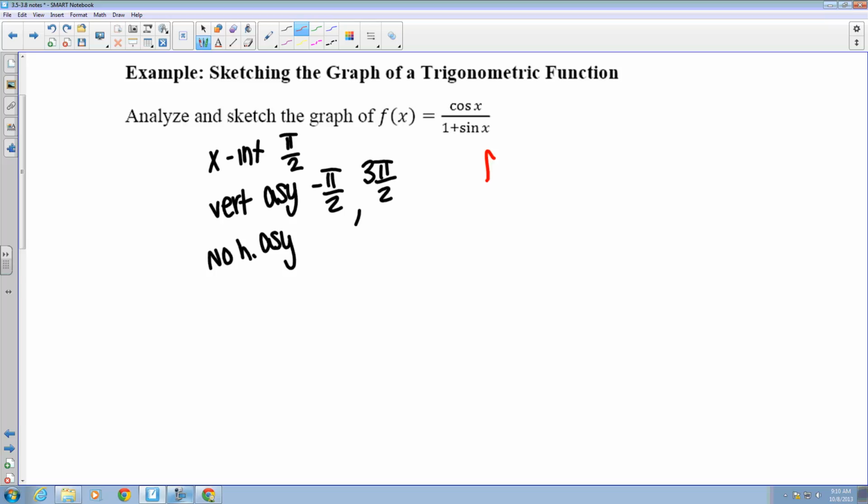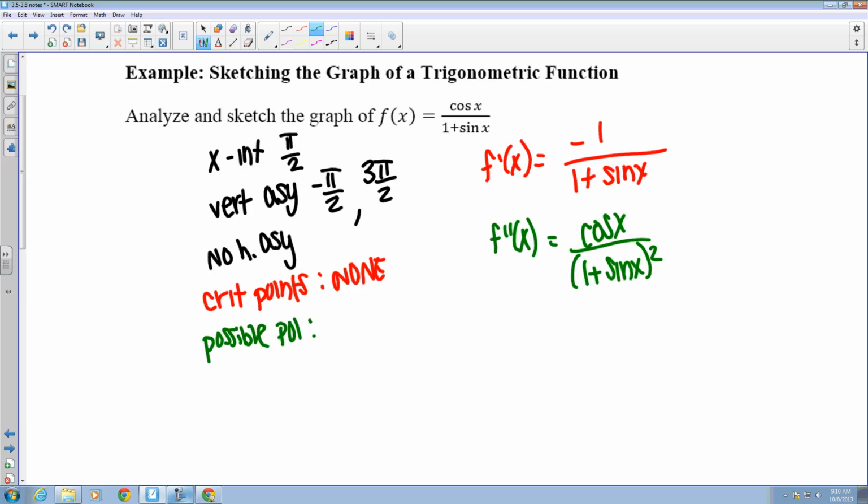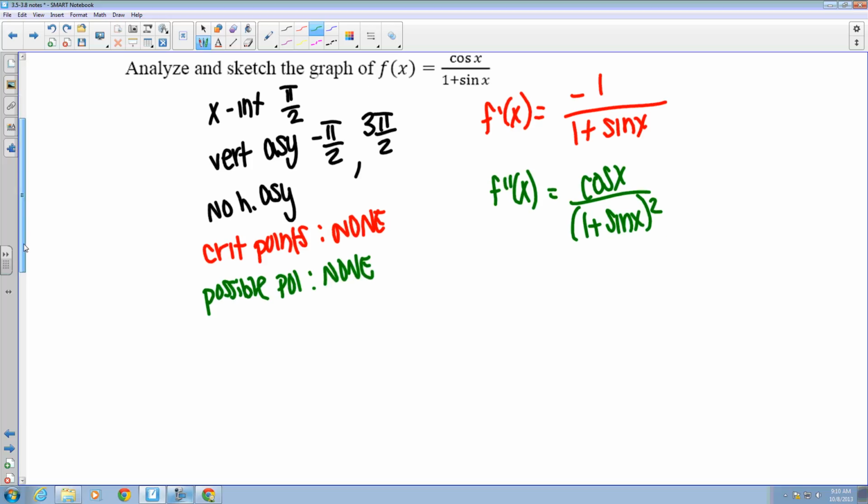Okay, f prime. Negative 1 over 1 plus sine x. So our critical points actually don't have any. And the double derivative is cosine x over (1 plus sine x) squared. Our possible points of inflection are also none. So we are only testing from negative pi over 2 to 3 pi over 2